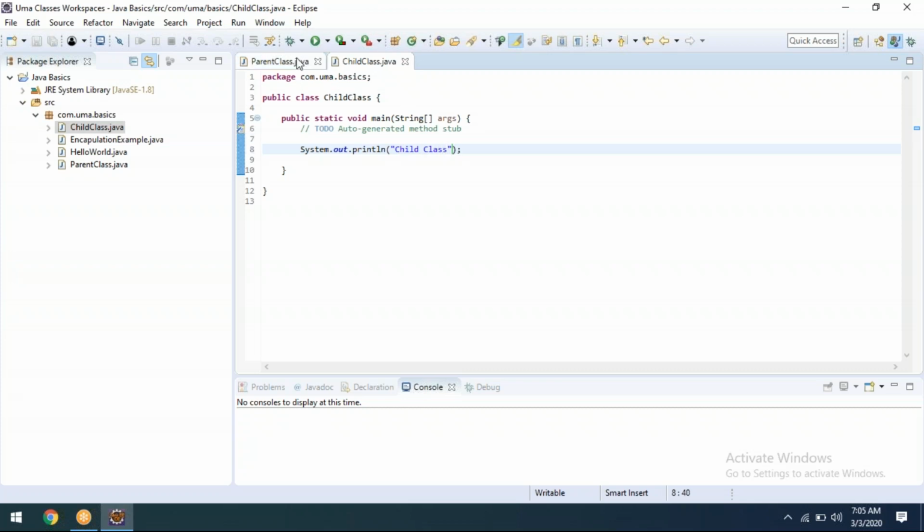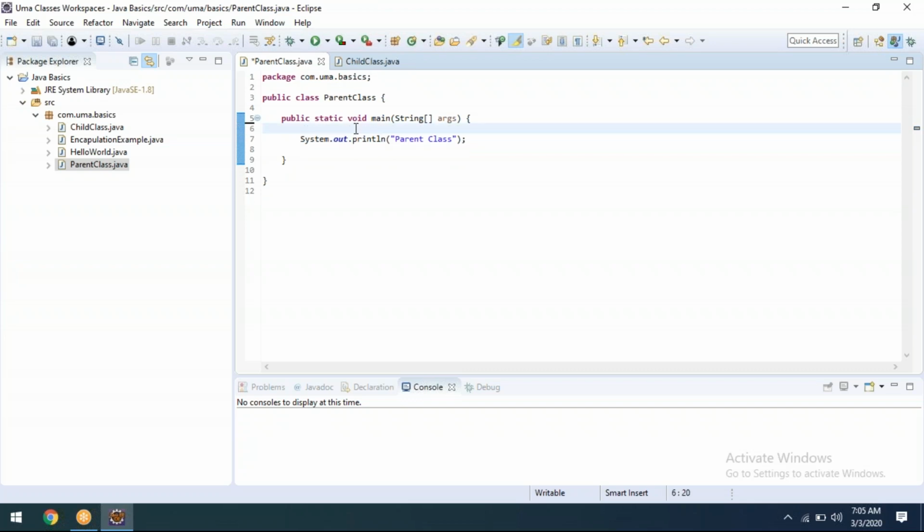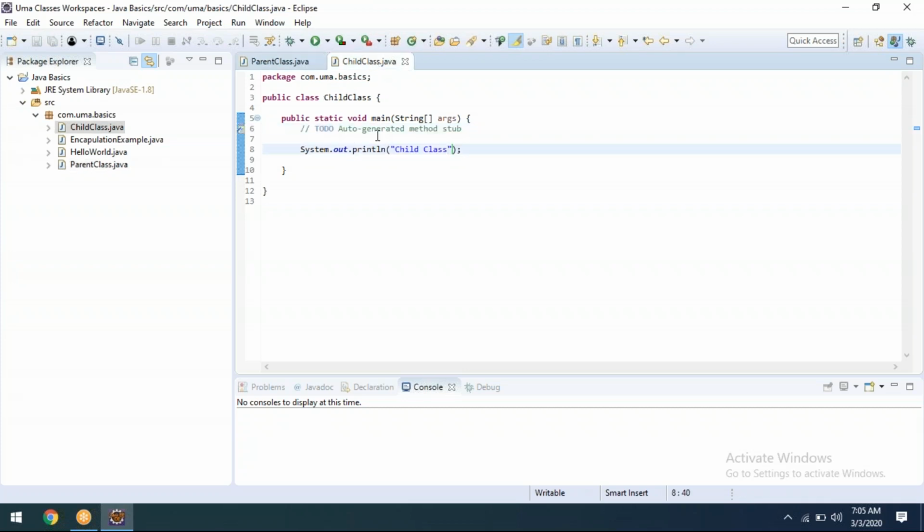Till now, is there any connection between these two classes? No, right? Though we are mapping the names, there is no connection. These are two independent classes as of now.